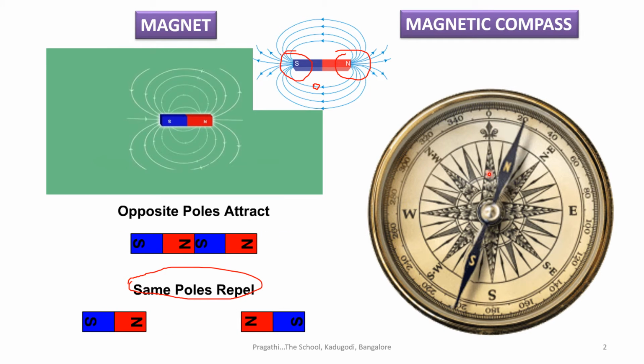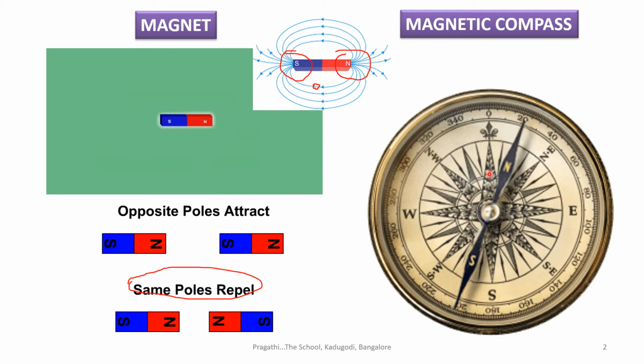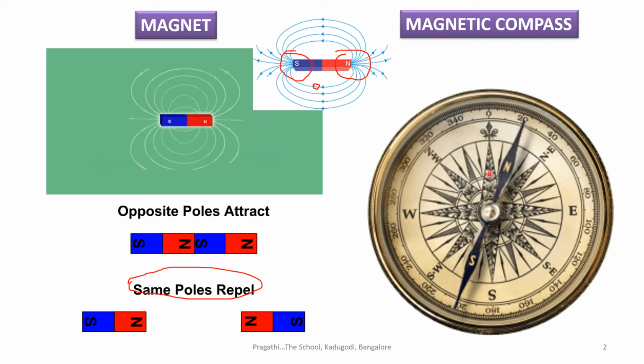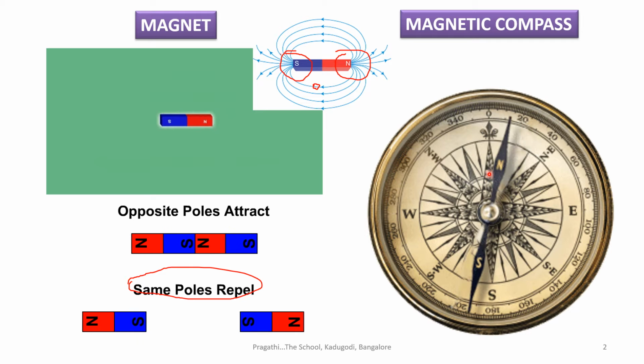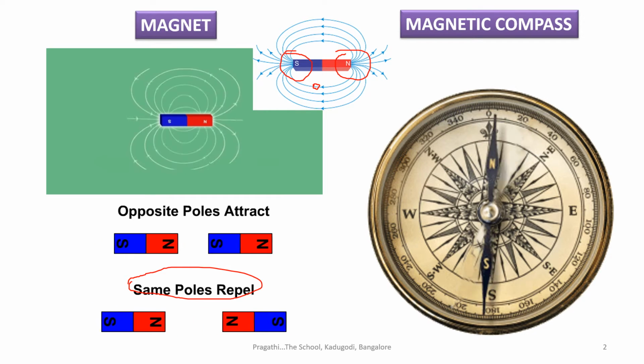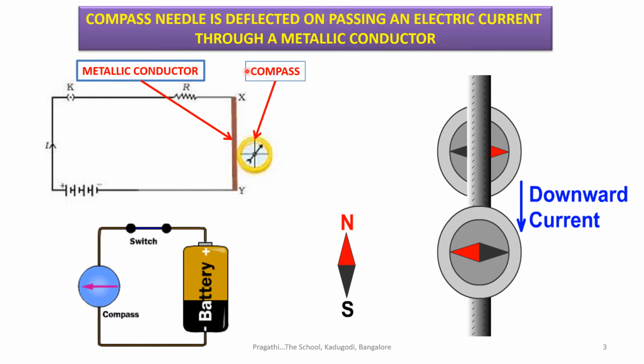That means whenever the magnetic compass is kept in a magnetic field, the needle deflects. The needle deflects to the north of the magnetic field. That we'll see in detail in the